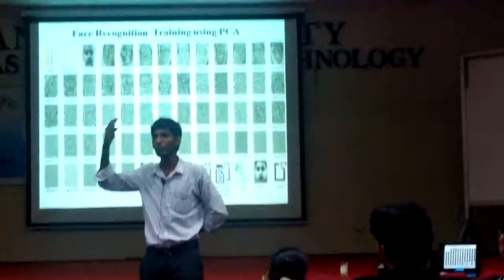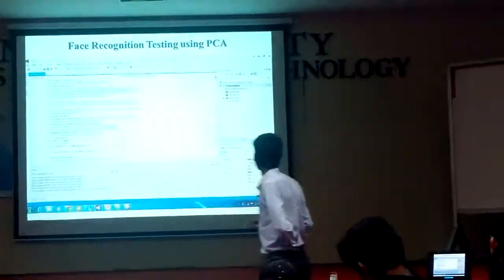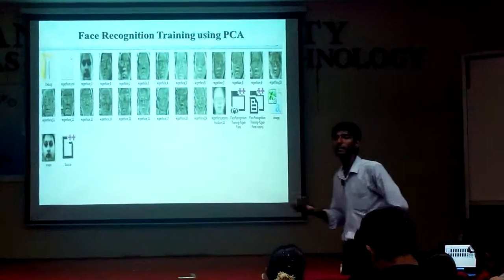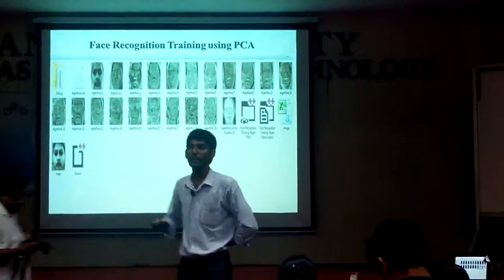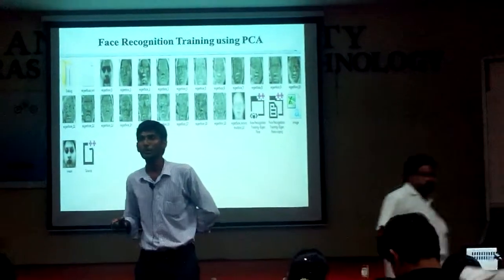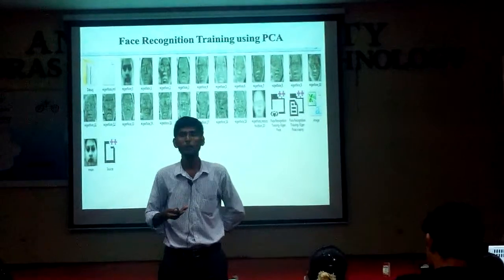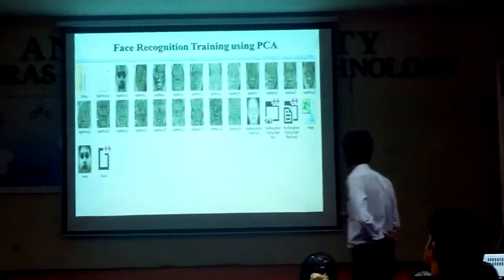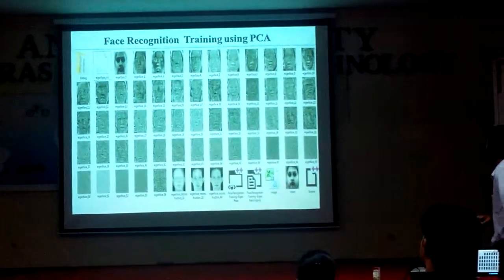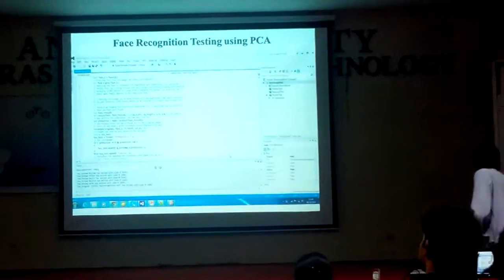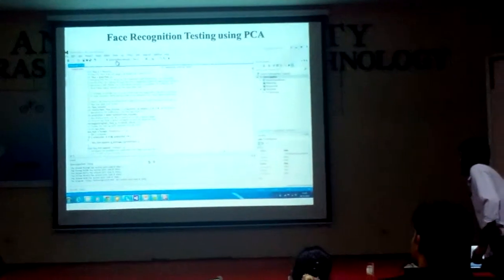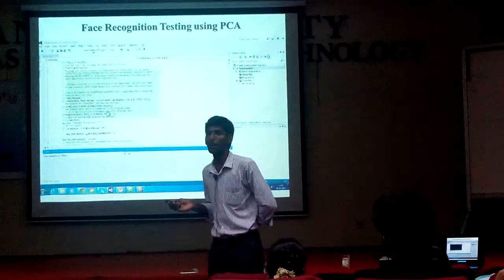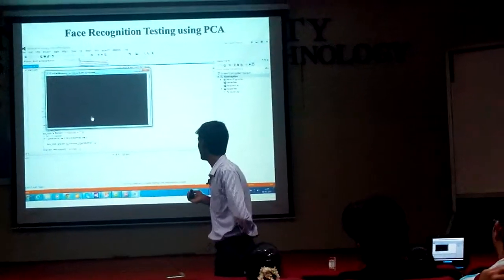Because I am not going to take the entire set of principal components. In the next example which I showed, I have taken only 20 principal components and I am getting the same accuracy. Then why should the calculation and the speed take more time? So I am going to reduce the number of principal components and I am getting the same accuracy. So this is with 55 principal components. I started training and I am going to test that.